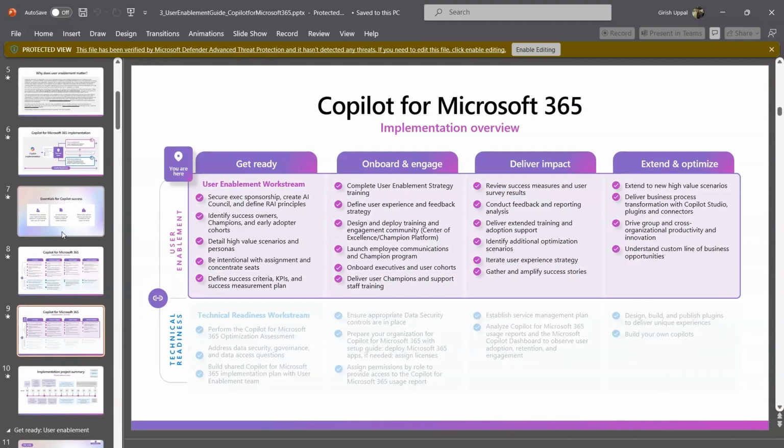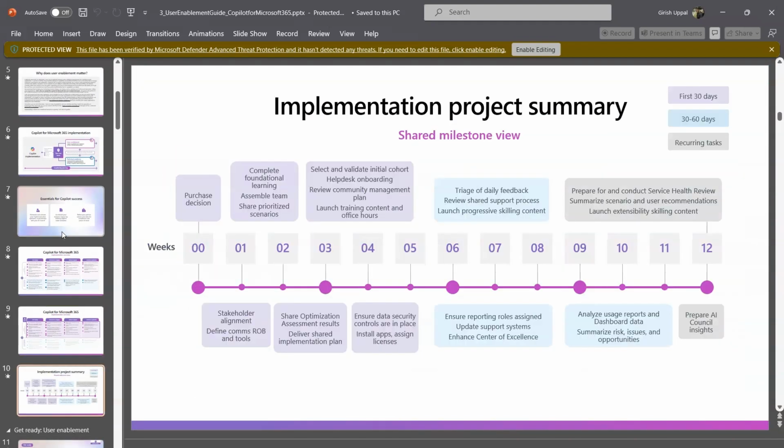Now it's a huge document. There is a lot of planning being provided by Microsoft. You need not utilize this fully, but it will be a good learning point for your implementation team to understand the journey. Basically this is showing a 12-week journey whereby you implement the project